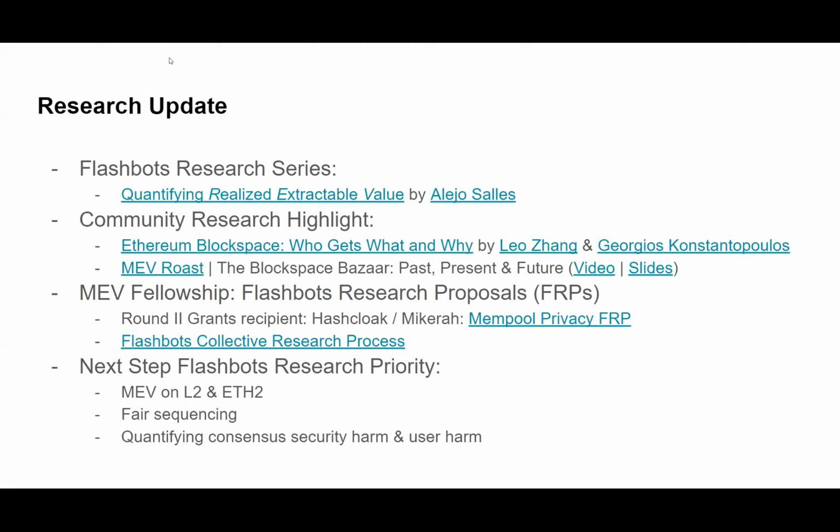This has been a nice month for research. We kicked off a series of blog posts with a post on quantifying the realized extractable value by the different actors in the system, so miners and searchers, and in particular defining a metric for the extractable value cost, which is the sum of negative externalities that MEV extracting activity imposes on the system. It is a summary way of seeing to what extent MEV is harmful, and it's what we at Flashbots are trying to reduce.